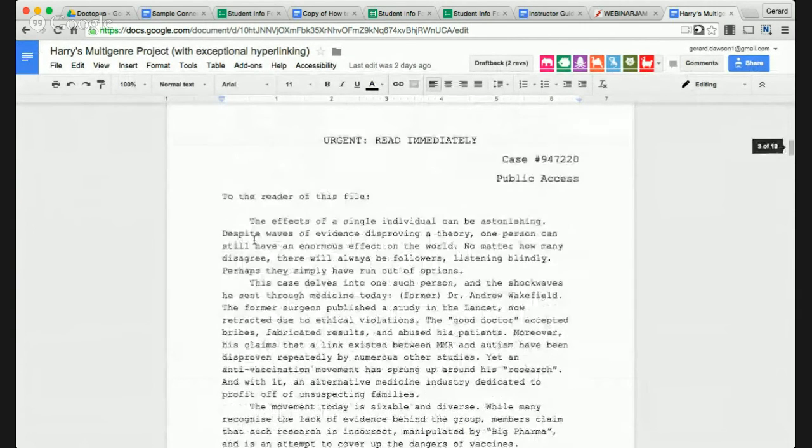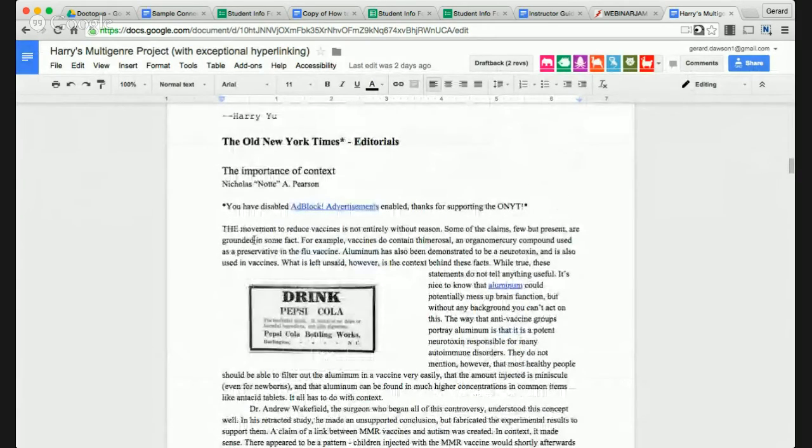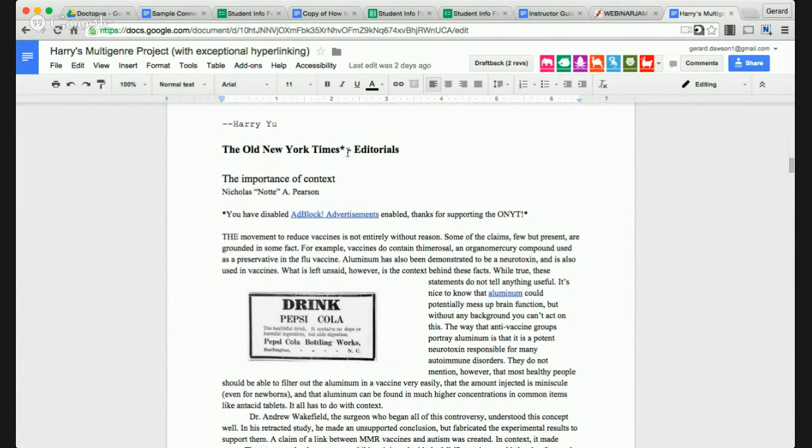What I think is one of his smartest pieces of this digital essay is when he wrote the old New York Times editorial. Here's where he uses hyperlinking in a way that I don't think students would do if they were writing, well, definitely on paper or in something like Microsoft Word or a non-web-based tool. So he has an asterisk at the title or at the heading, and you follow the asterisk and it says,